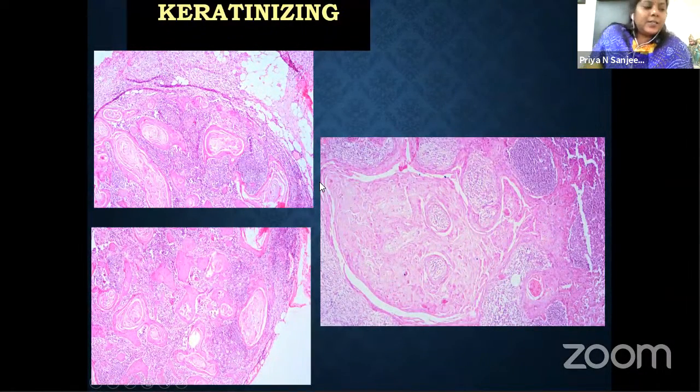Next is about the patterns of lymph nodes. As we see in the primary tumor, there can be keratinization within the lymph node. So these are the three examples of keratinizing squamous cell carcinoma, which has involved the lymph node. Adipose tissue you can see, but here you can see the tumor islands with a lot of keratin, and these are dysplastic in nature. And there's a huge keratinaceous area here. You can see some lymphoid follicles adjacent to it.